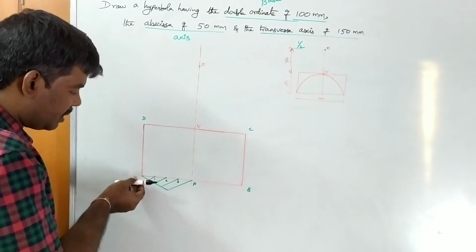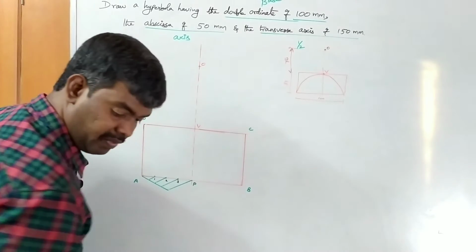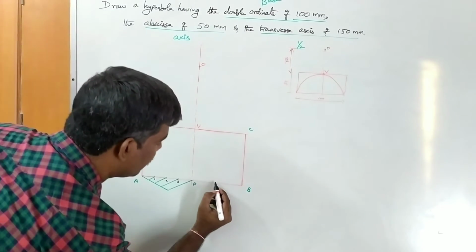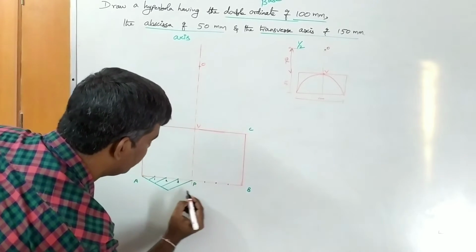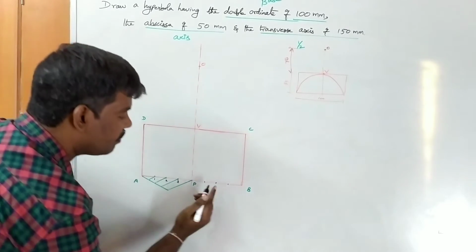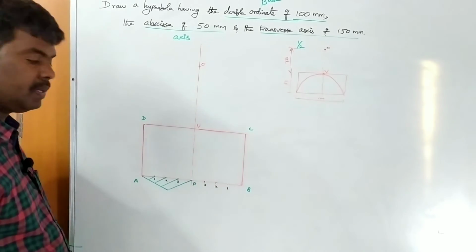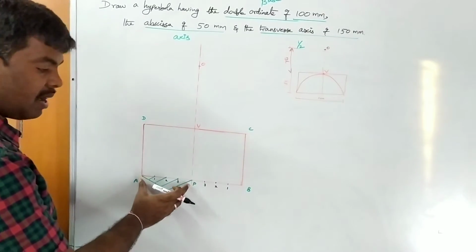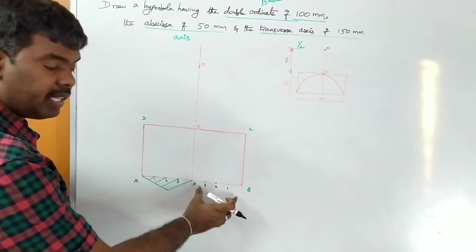Okay, so take compass, you measure this radius, you mark n number of arcs. So finally you got 4 equal parts here. So it is A, 1, 2, 3. Let us consider this is 3, 2, 1. So the double ordinate, half of that ordinate is divided into n number of equal parts. So here 4, here 4.